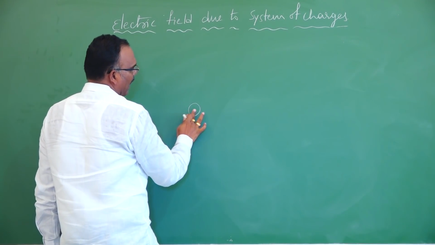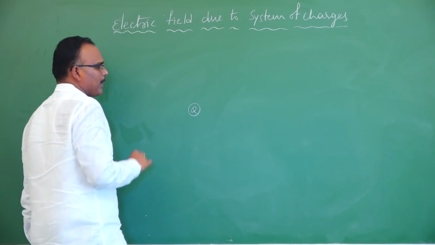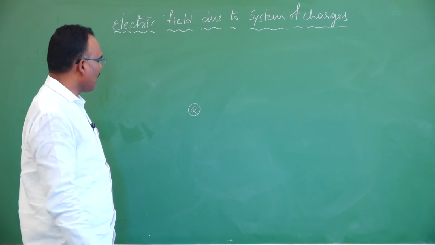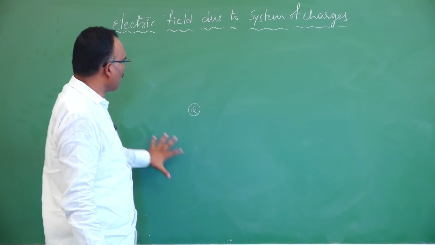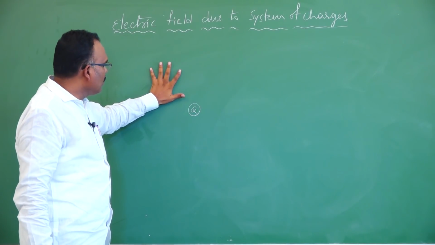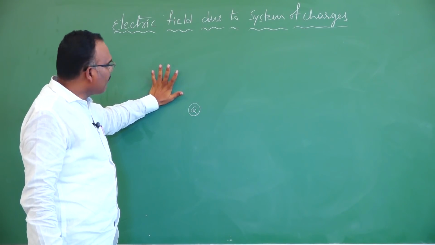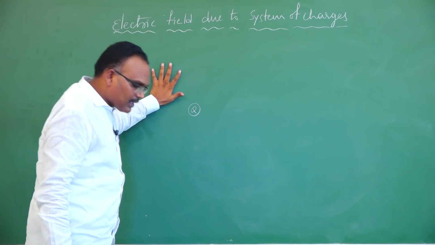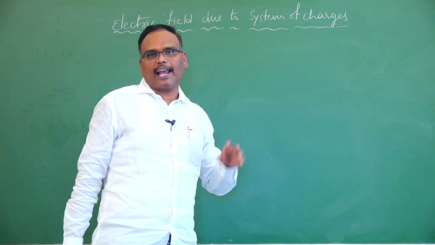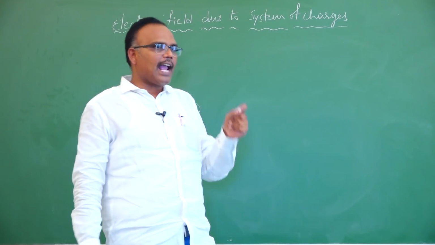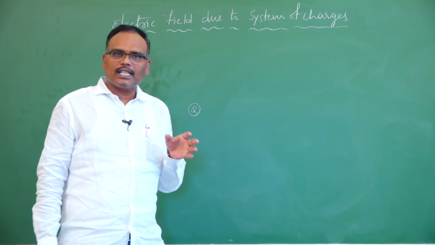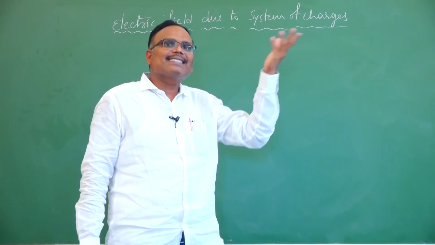For example, now I have one positive charge Q we have placed here. Now I would like to realize how the electric field will be distributed around here. So I have told already, Faraday explained with the help of field lines. So first we need to understand what is a field line. Field line is the path traced by unit positive charge when it is placed in the electric field.